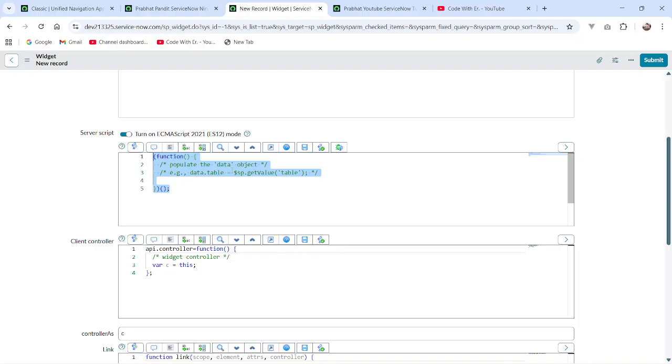Okay, this is it. So guys, now I'll use this global data object. I'll create one variable first. I'll say data dot, I can say title, or I can say heading. Heading equal to, I'll say Welcome to ServiceNow tutorial with ER Prabhat Pandit. So close this, and now I'll use this data dot heading inside our client controller